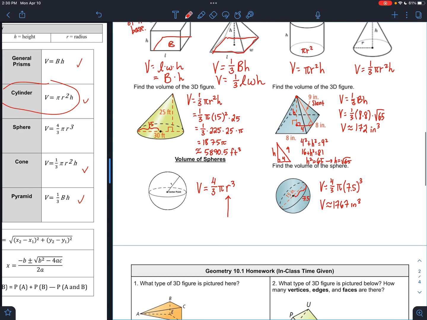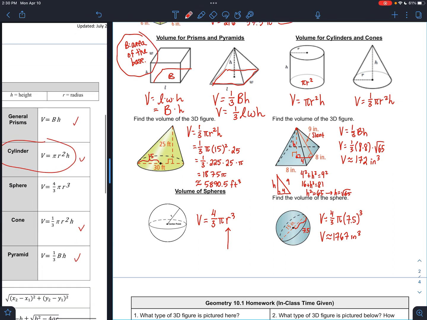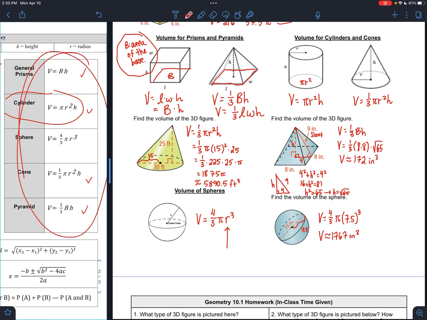Alrighty, thanks for sticking towards the end. It'll be worth it. It's just important that we know how to use these formulas. Probably the most important thing to read this sheet is knowing what capital B is, and that's just the area of the base. Capital B is two things multiplied together. Generally, it's a box, square, or rectangle. All right,